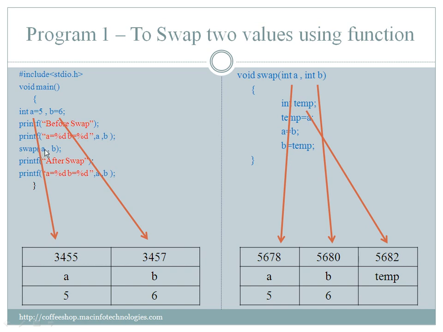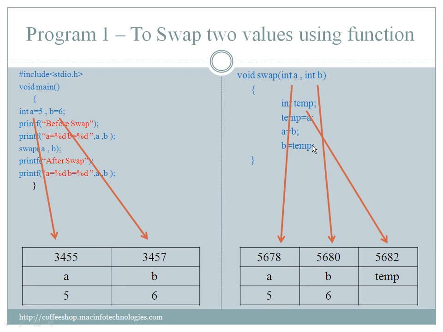When we call the swap function, we say swap of a comma b, we are sending 5 and 6. The control goes to the swap function, and now swap of int a comma int b. So the values we sent here are 5 and 6. So int a will be assigned 5 and int b will be assigned 6. So now memory will be allocated in the RAM, that is 5678 for a and 5680 for b. You can see in the first step, they are initialized to 5 and 6 because we sent values from this function call.